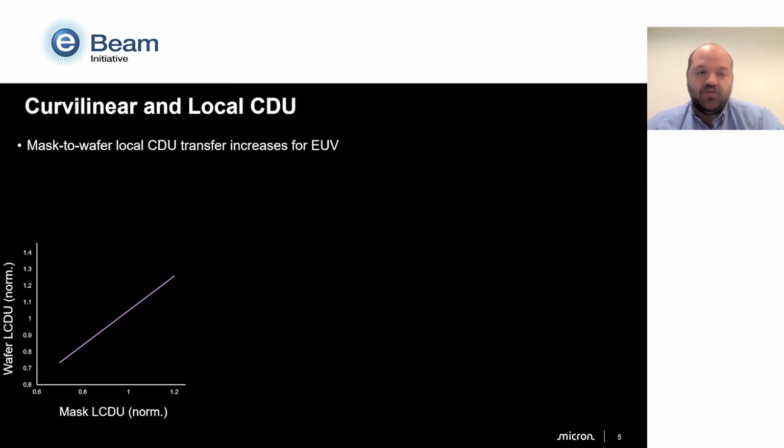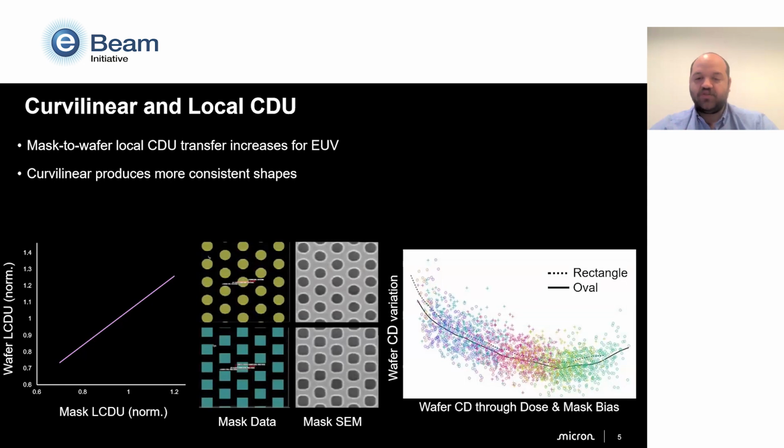Talking about local CD uniformity for a second, with EUV, mask LCDU impacts wafer LCDU much more directly than it does for DUV. So here you can see a normalized mask LCDU to a normalized wafer LCDU graph. It's not necessarily a one-to-one relationship, even though that's what this shows. This is a normalized feature. But the idea is that mask LCDU is very directly related to the wafer LCDU. Because there's a very direct transfer, this is another driving factor towards curvilinear to get more consistency in the shapes